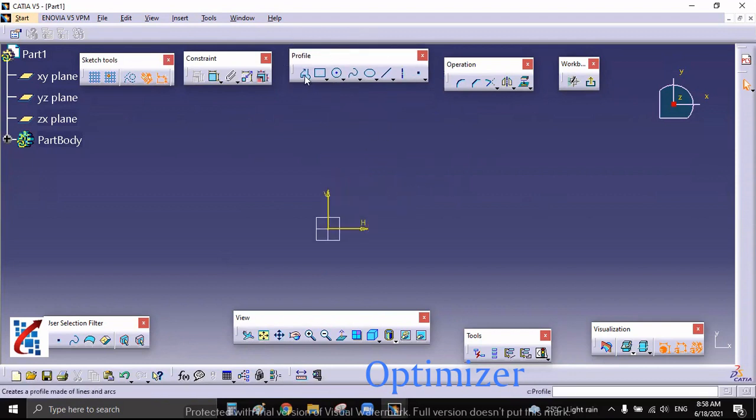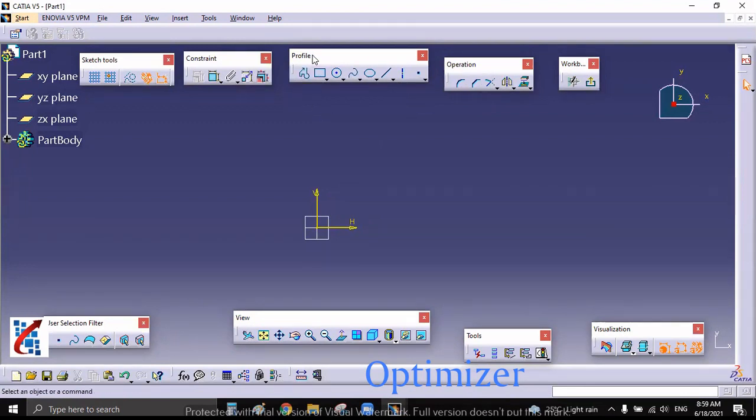Okay. So if you just see, around 8 commands are there, which are normally very important for drawing any kind of sketches. Okay. So whenever there is a black arrow like this, that means there are sub commands under that command. Here the black arrow is not there. If you just see these four commands, they have a black arrow, that means sub points are there like this. Okay, so let us start with profile.